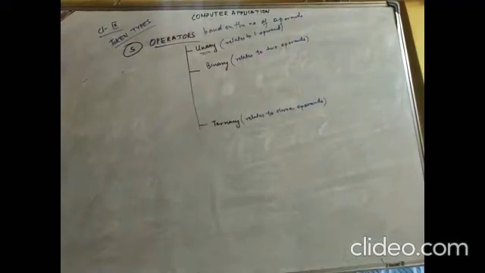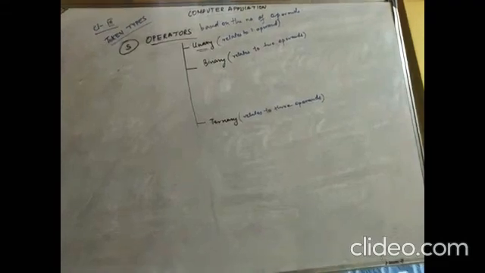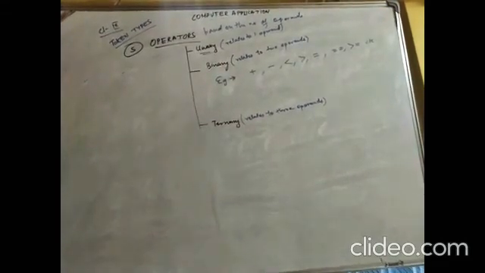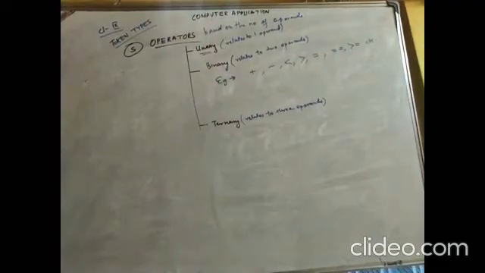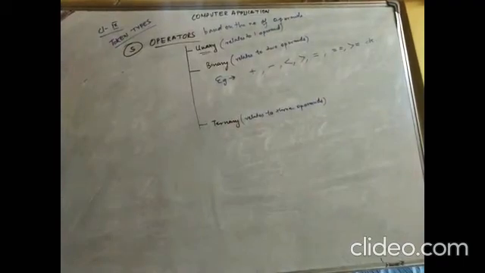Unary operator we saw, a plus plus, plus plus a. Different types of unary operators we saw, the four kinds: postfix, prefix, increment and decrement operators. Now, binary operators are operators which relate to two operands. For example, plus, minus, into, even division also, less than, greater than, equal to, double equal to, greater than or equal to. All these are different examples of your binary operators.